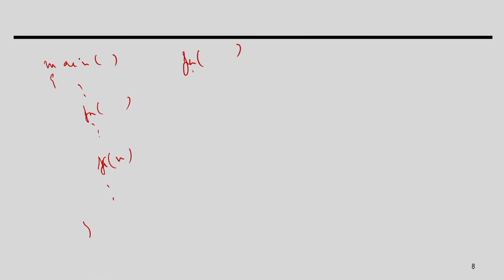We have function calls. Suppose we have a main, and you have some code, then you call the function, and then after some time you call the function again. When we write certain things in a function, that particular code is going to repeat many times. Instead of repeating the whole code in the main, I write one copy of the function, a set of lines, and then I call this function many times, so that my code size remains small.